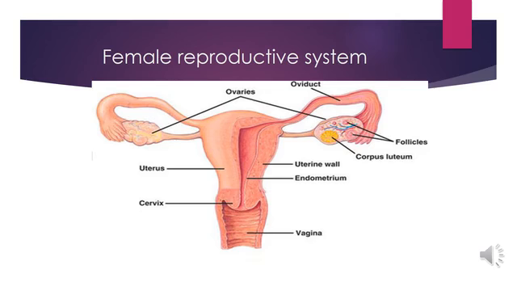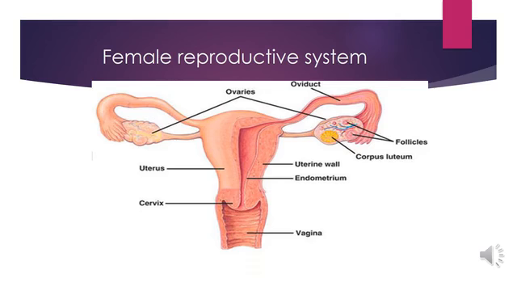Another part of the female reproductive system that we have is the cervix. The cervix simply connects the vagina to the uterus. You can think of it as a neck. It's a neck that joins two parts, like your neck joins your head to your body, isn't it? In the same way, we have the cervix that joins the vagina to the uterus. Apart from forming a passage between the vagina and the uterus, the cervix also forms part of the birth canal, and it is also where semen is deposited during sexual intercourse, and it also secretes fluids that help lubricate the